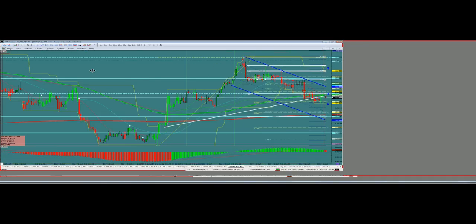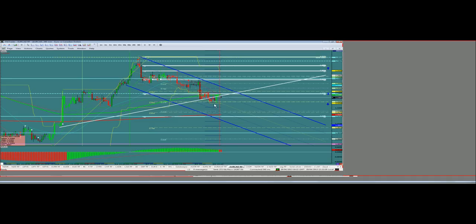EuroCAD, let's take it to 240, and we're testing this bottom here. Got a head and shoulders in place already. Got a euro in it, so we're expecting it to move to the upside. Okay. If it moves to the upside, then this is